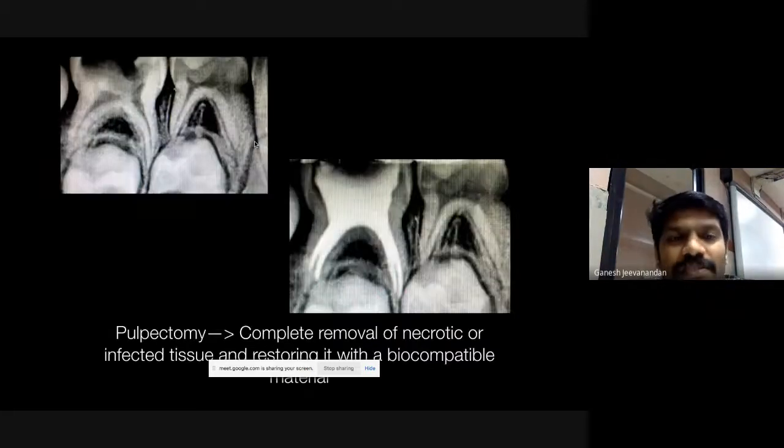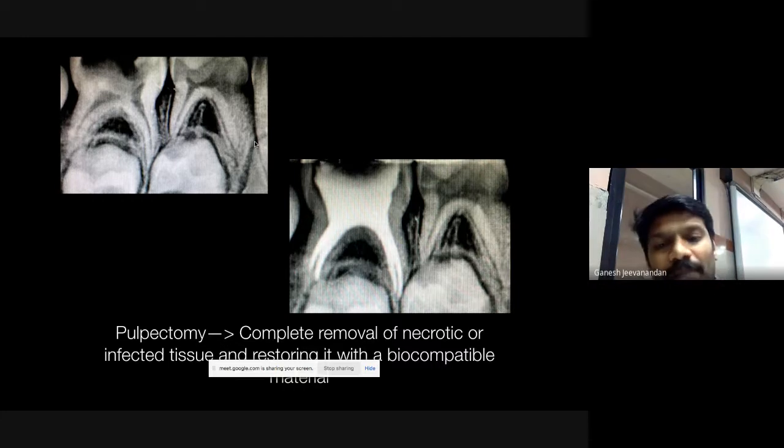Let me start with the first thing, because I want you all to understand first what is pulpectomy. You see the radiographic picture on the top left corner. That is a tooth where there is a decay which involves the enamel, dentin and pulp, and there is some radiolucency in the furcal region. After we took the entire case history, we diagnosed it as chronic pulpitis, or irreversible pulpitis. So the treatment we are planning is a pulpectomy procedure.